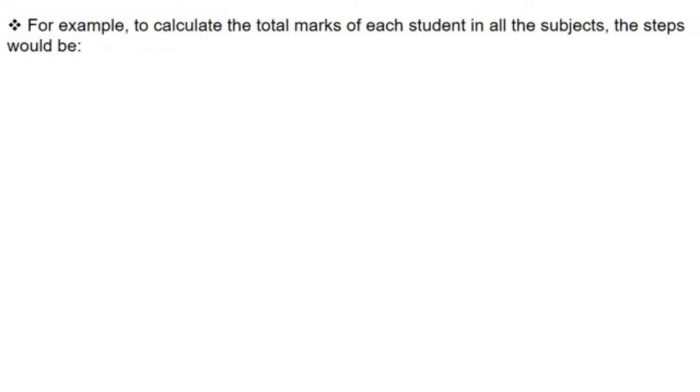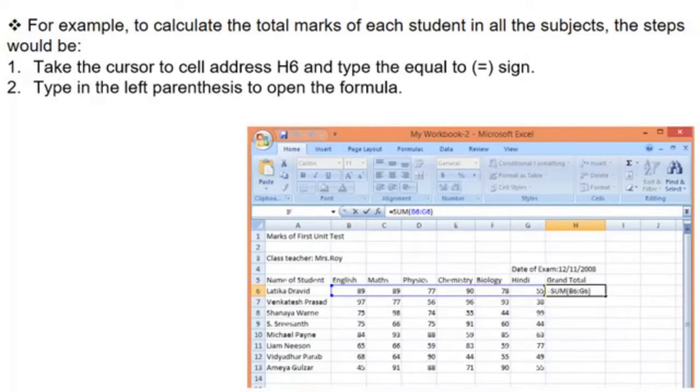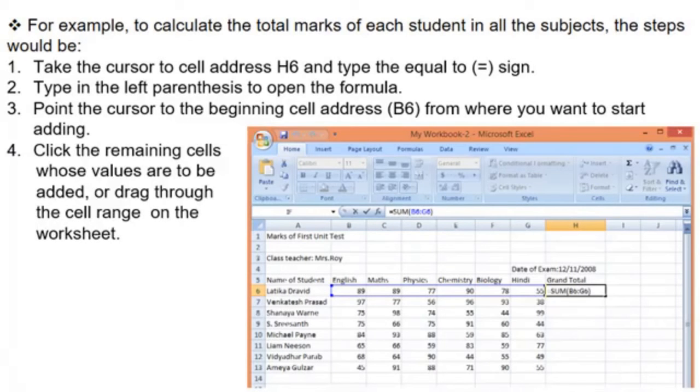For example, to calculate the total marks of each student in all the subjects, the steps would be: take the cursor to the cell address H6 and type the equal to sign. Type in the left parenthesis to open the formula. Point the cursor to the beginning cell address, that is B6, from where you want to start adding.